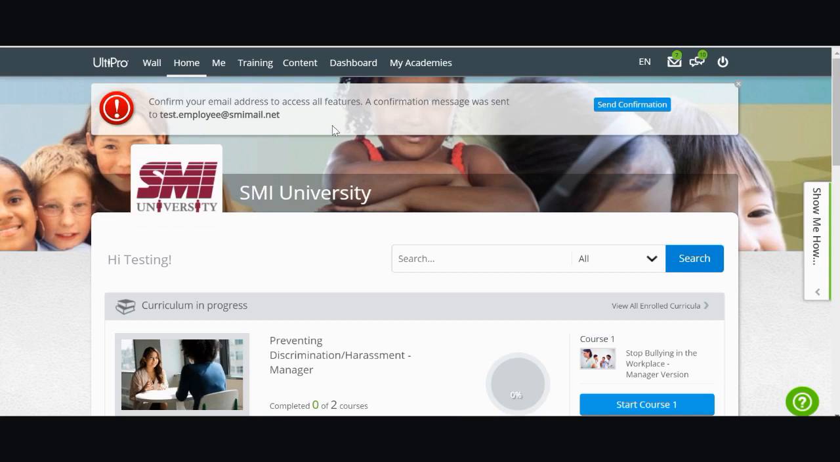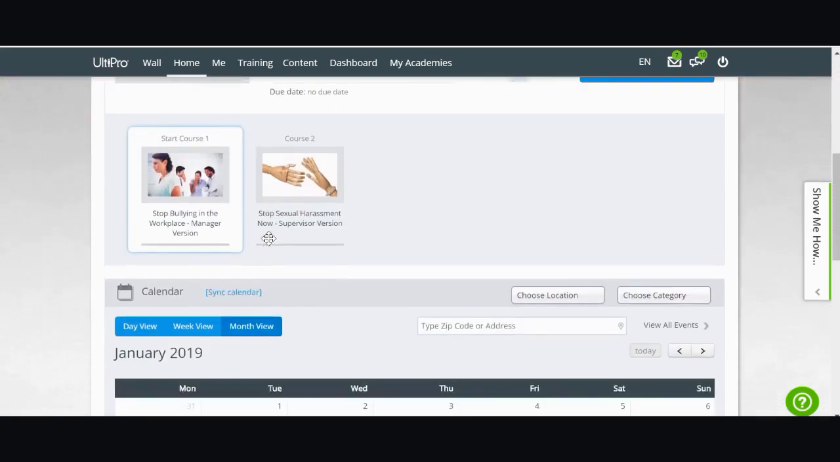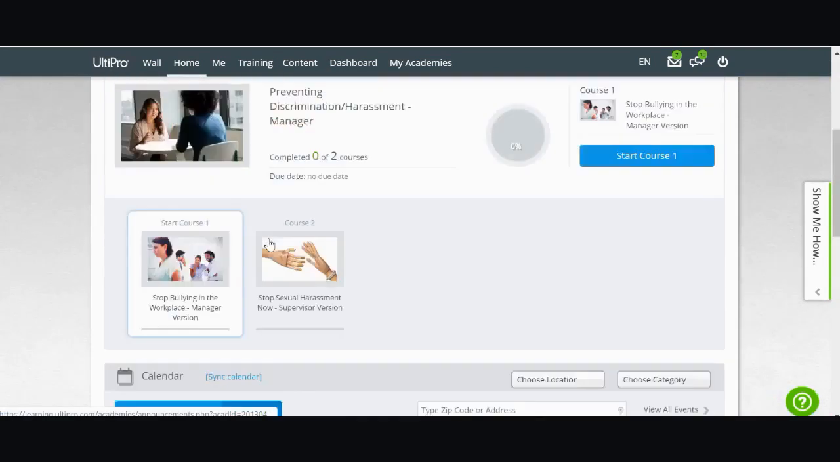If you log into SMIU and see this notification up at the top, please go ahead and click this button to send the email confirmation. It will come to your SMI Outlook email, and you will have a link to then confirm your email for SMI University. The last thing we want to mention to you guys is the announcements section, which should be on